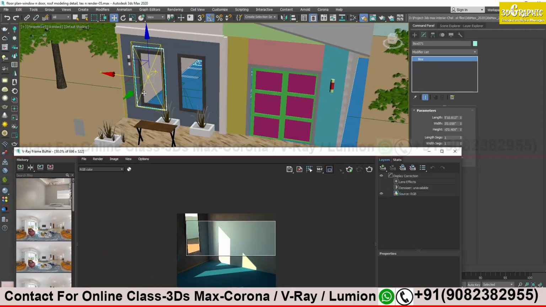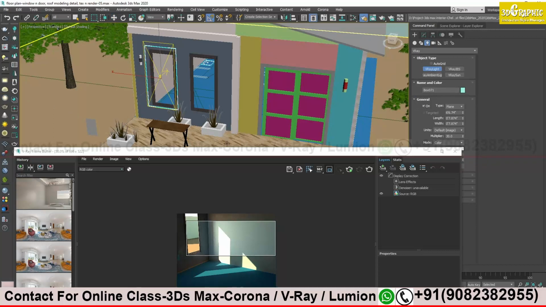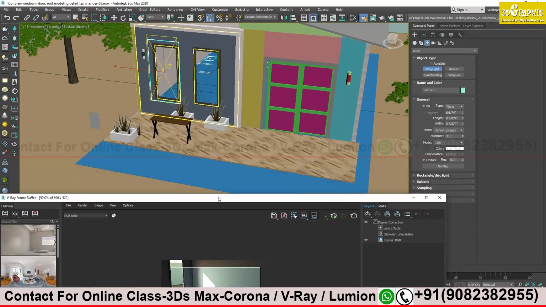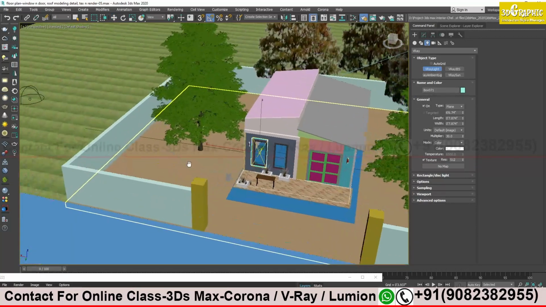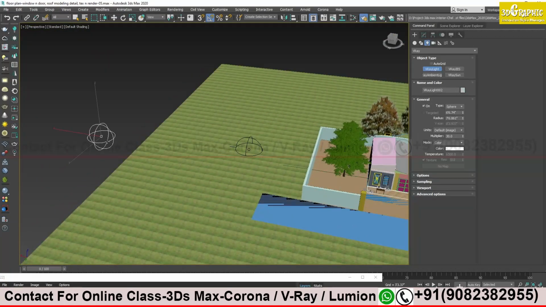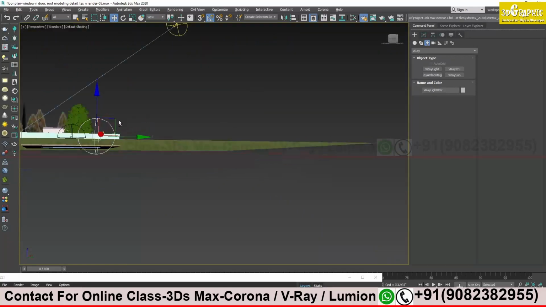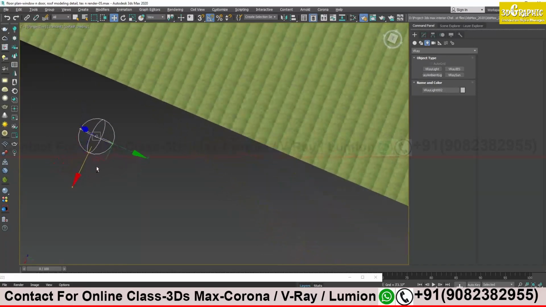So for plain light we are keeping this much only. Let's see what other lights are there. Plane we have seen, dome we have seen, now sphere. Let me create this. I come to a blank area over here, just click and drag. You see, it's just like a sphere, no? Round from all sides.